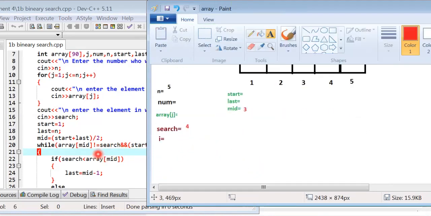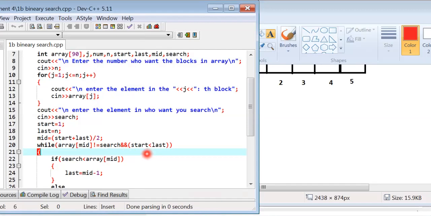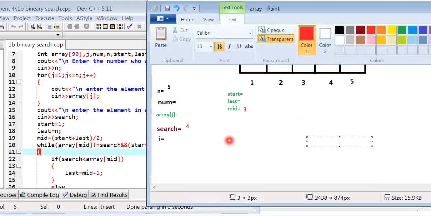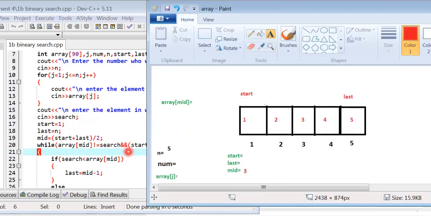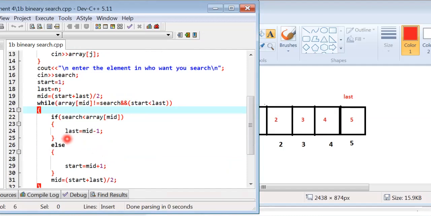It is not equal, so the condition is true, and start is less than last. The value of start is 1 and the value of last is 5. The condition is true, then the loop executes.